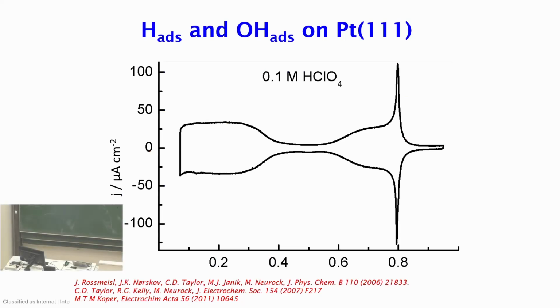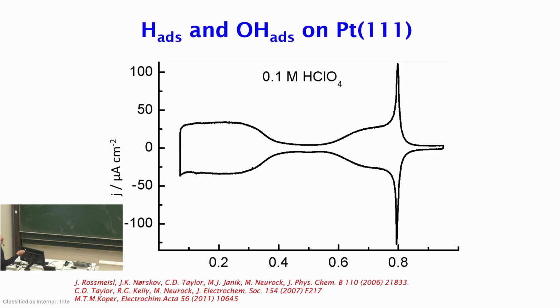And here you see the same thing, but now on a platinum 111 single crystal. And we changed electrolyte. We like perchlorates because perchlorates, we think, do not adsorb very strongly, so we're not bothered by anion adsorption. And now you can see that if we limit the potential window, and maybe that's something I should have